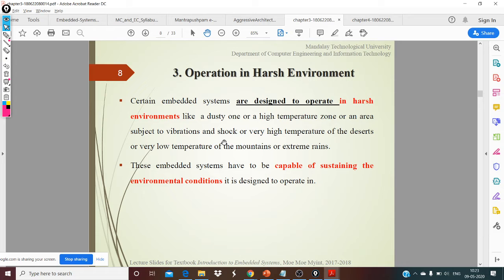It should be the last thing to blow out. So it has to withstand all these shocks. Okay, so that's about the harsh environment. So your embedded system should have additional protection. That's the reason why we saw all these protection circuits in the previous module, if you remember. So there are also some circuits which protect the other systems.